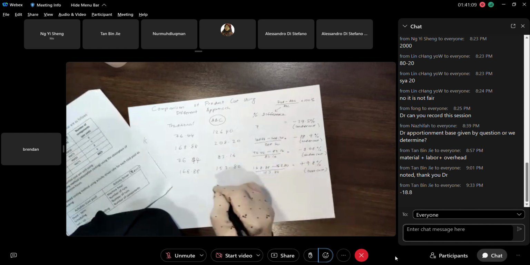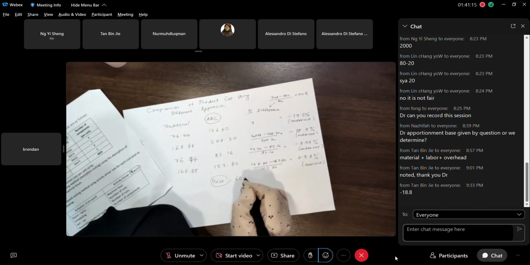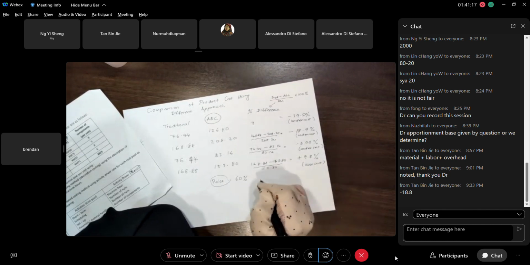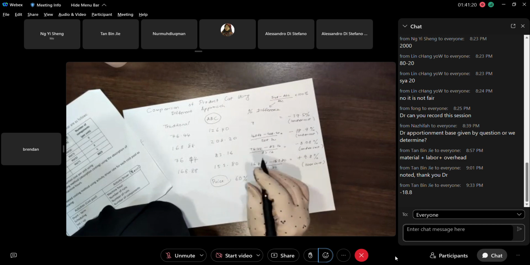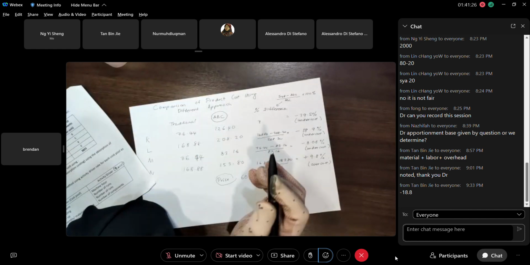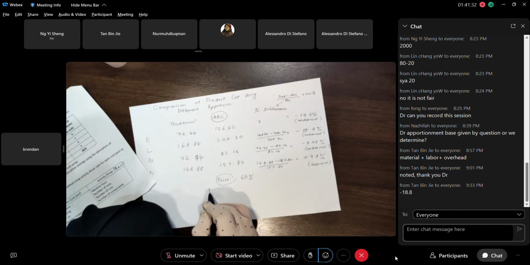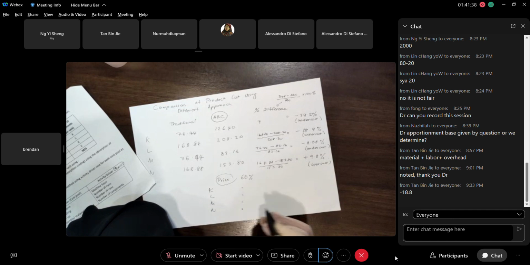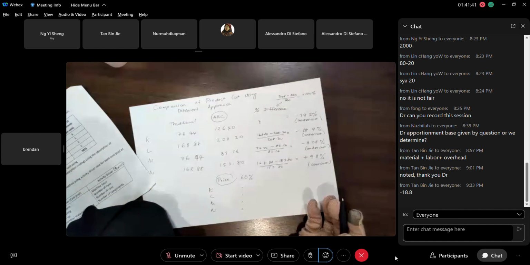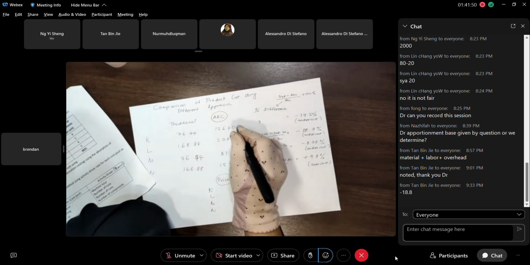Kalau dia kata price. Okay, let's say price. Ni baru cost. Let's say the price is 60% more than the cost. Ataupun dia kata the profit must be 60%. Okay, what is the price for K, L, M, N? So you have to time with what? Okay, LMN. So what is the price? How to calculate? Ambil ni ABC based on ABC.